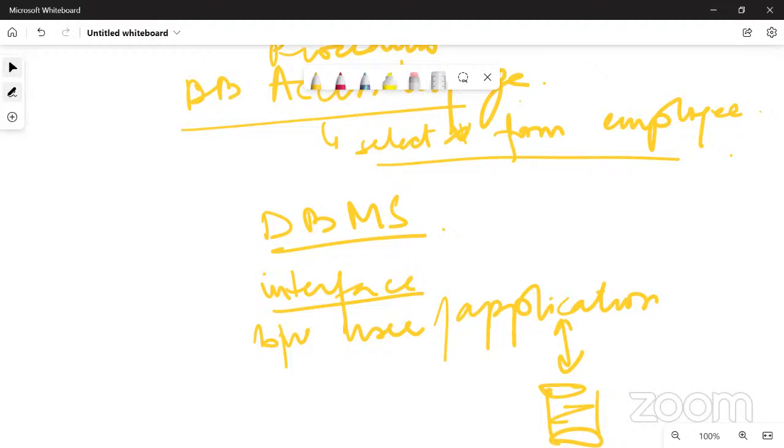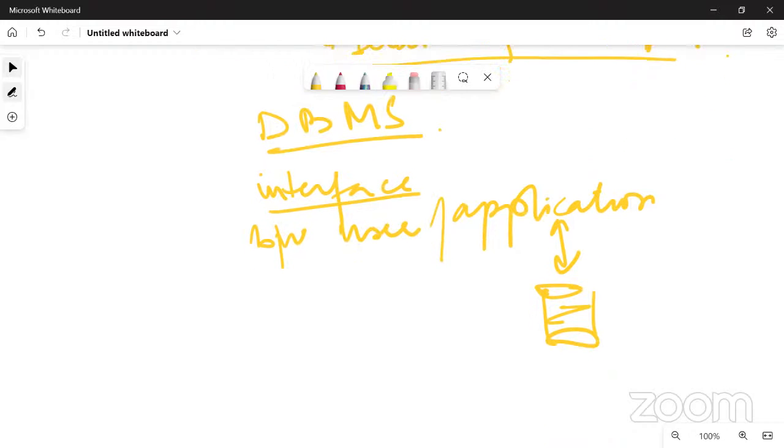So DBMS is an interface. This particular program allows direct communication with the database, where you are permitted to do data retrieval, update, optimization, and storage of data as well.